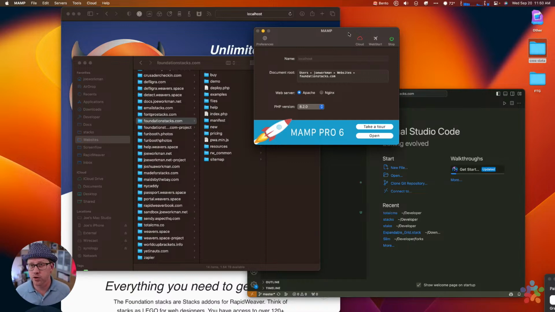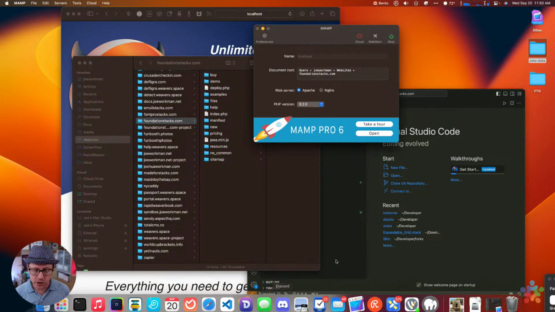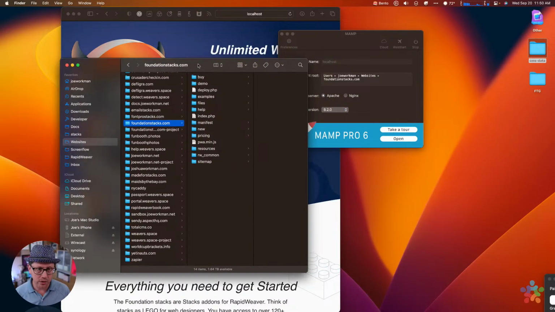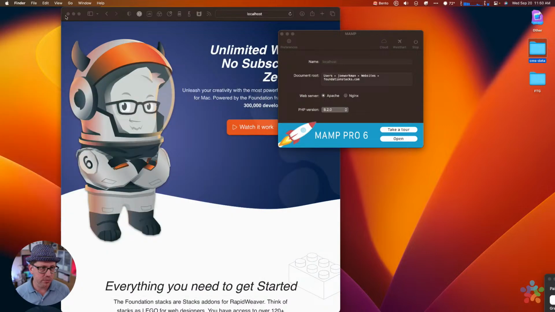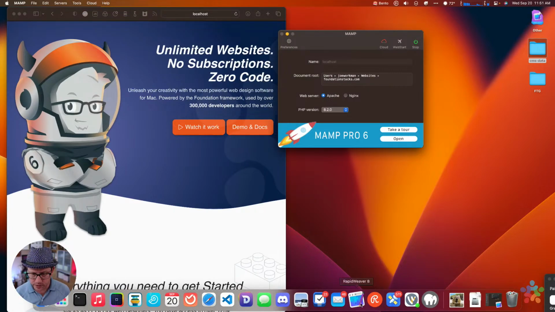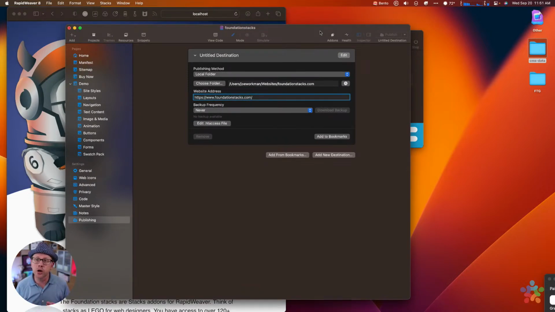Okay. Now, let's talk about a workflow. Okay, so what's a faster workflow for this? So let's go into RapidWeaver. Okay, let me go ahead and close some of these windows that can be confusing. I will leave that one open. All right, let's go into RapidWeaver. So what I think a good workflow is,